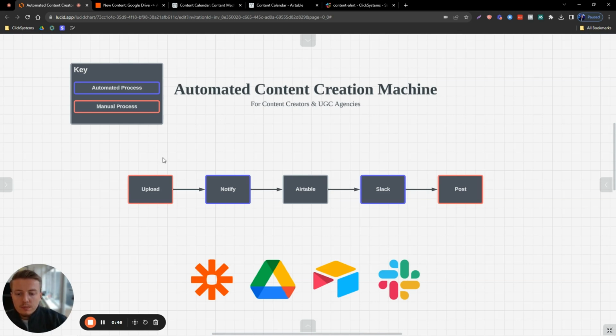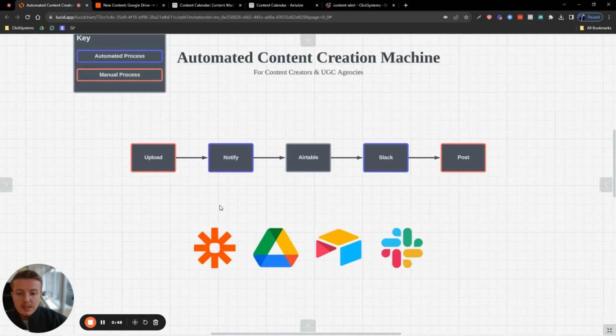Okay, so the tech stack required for this is pretty simple. It's Zapier, Google Drive, Airtable, and Slack. Okay, so the main one you're going to be using is Airtable. Zapier, Google Drive, and Slack are more just external software we're going to use to, as I said, organize and